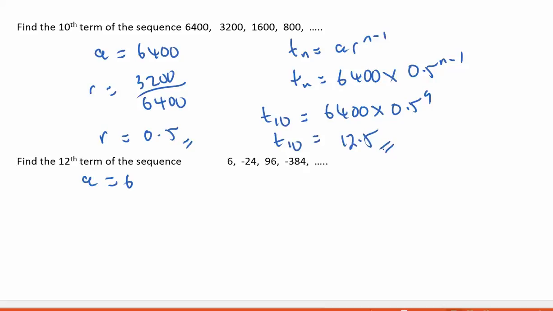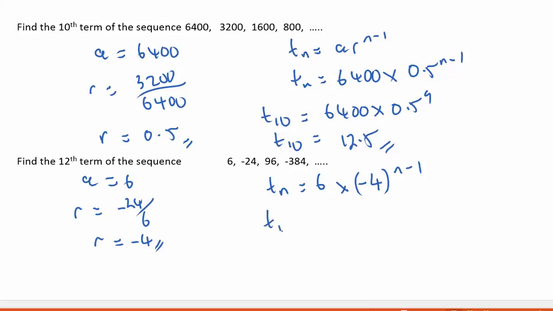Now in the second example on this page, we go from 6 to negative 24. So my common ratio is negative 4 and my first term is 6. To show that it is all to the power, we put brackets around it. And to find the 12th term, we simply plug that into the calculator and we'll end up with